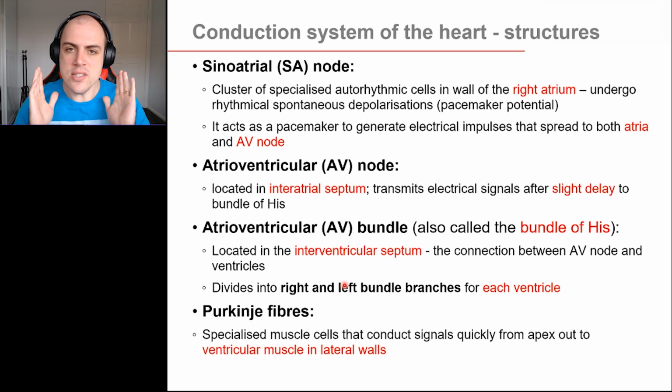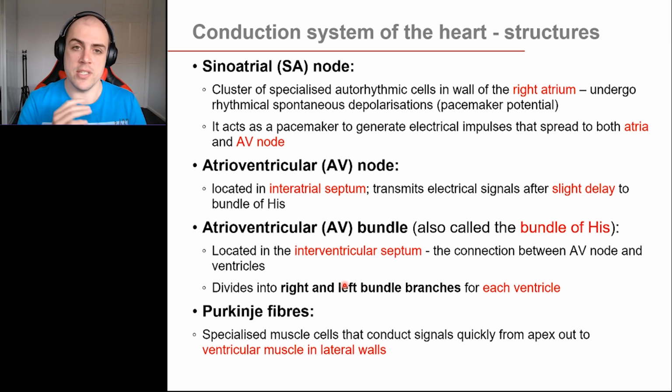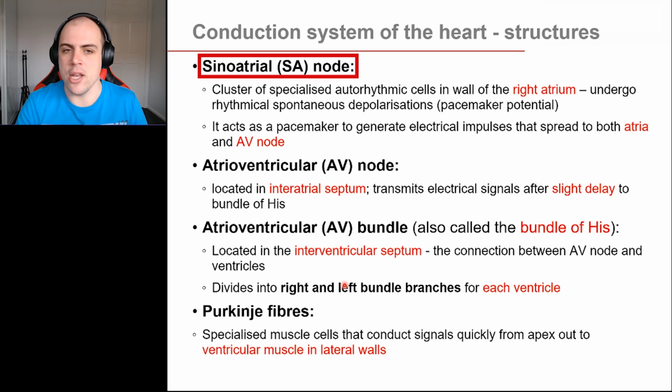Now, we discussed two different action potentials in our previous video. We looked at the action potential of our cardiomyocytes, and then we looked at the action potentials of our pacemaker cells. The pacemaker cells are critical because they're the ones generating that signal to be sent through to the entire heart. When we're looking at the main structures of our conduction system of the heart, these are our pacemaker cells, starting off with the big one, the main one, and that is our sinoatrial node, our SA node. Now, this SA node is located in the right atrium,